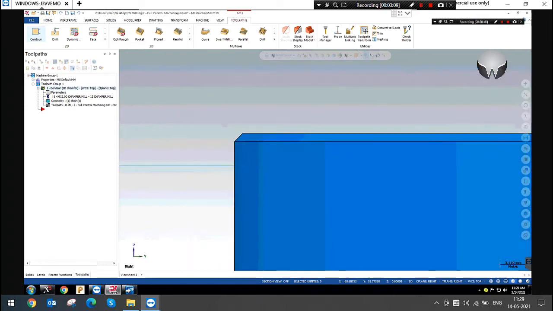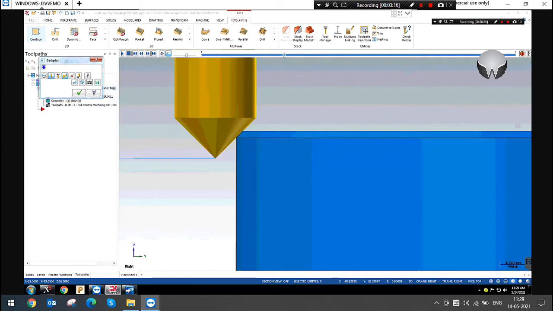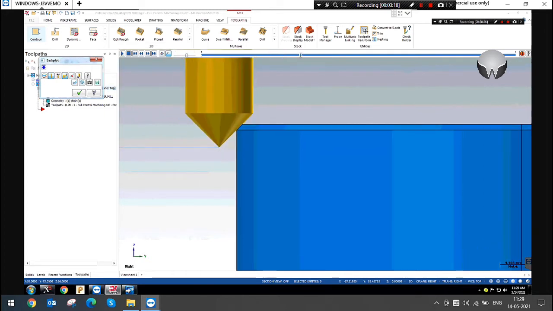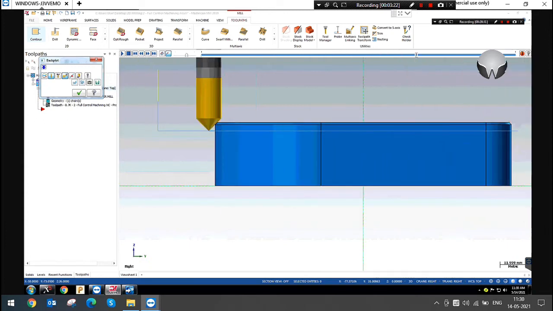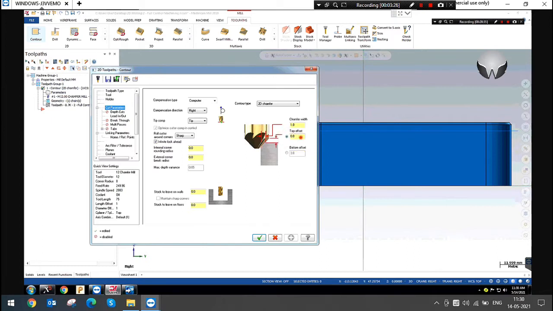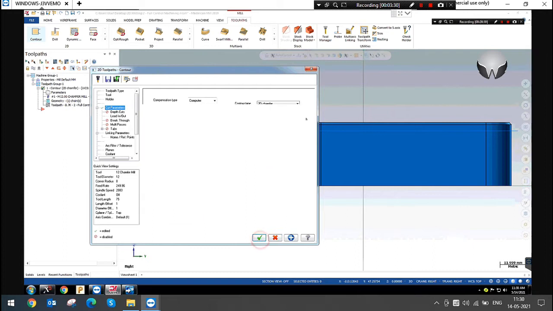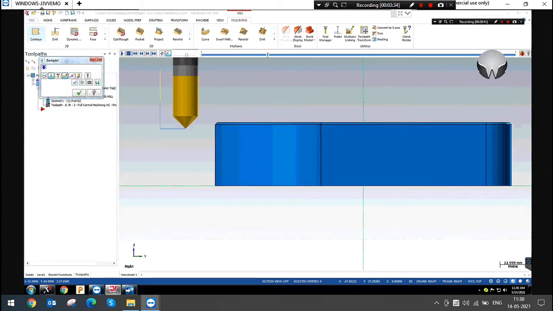If your tool is worn in that area, you can also change the approach angle. Yes, this is an offset, bottom offset, top offset, the same. If you give the top offset value, the offset value will be from the top. You can see.